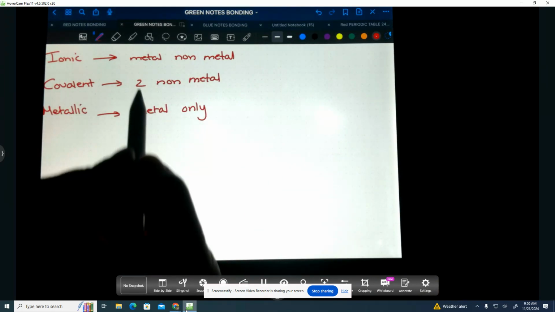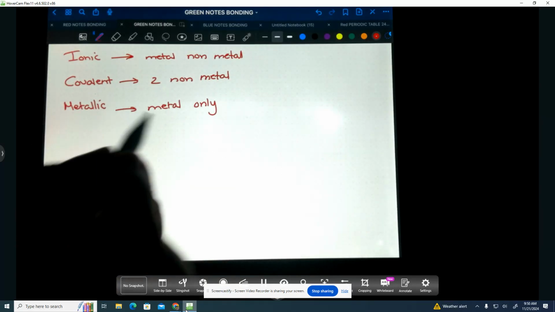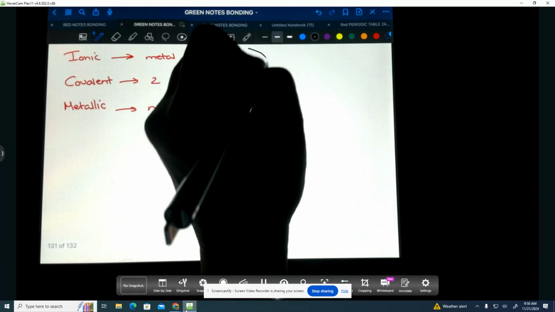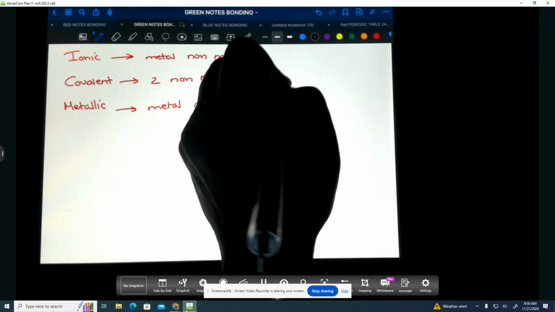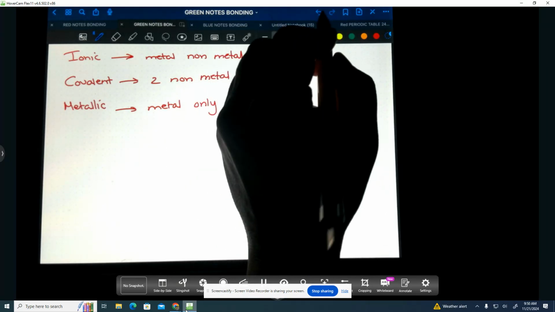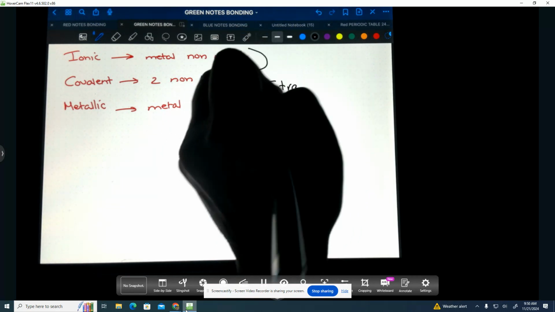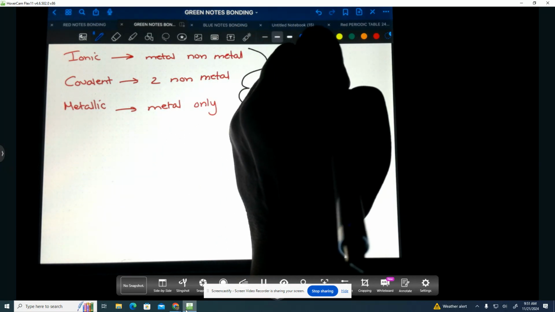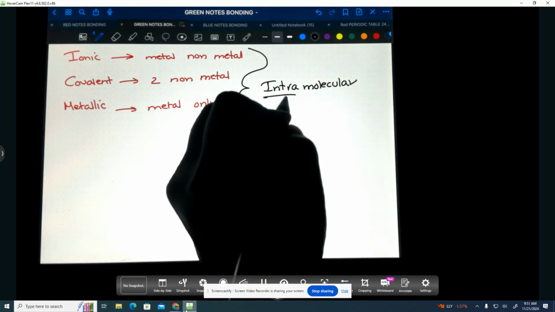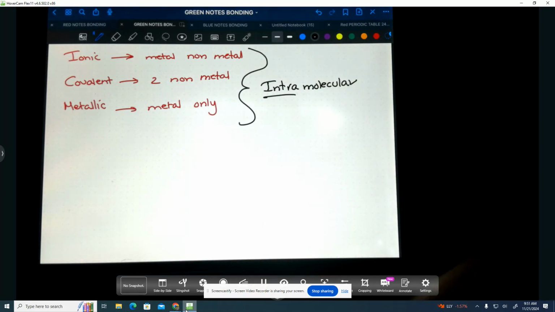All right. All three of these types of bonds are called, that's not how you spell it, Kaufman, intramolecular. Intra means within the molecule. They are intramolecular. We are now going to talk about